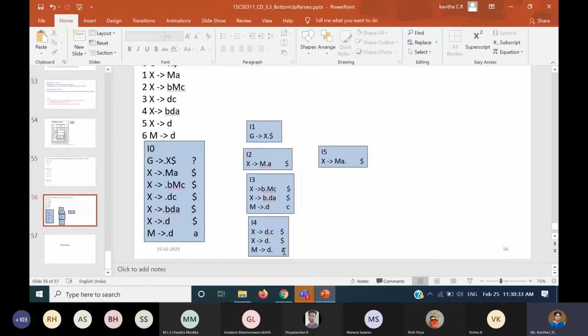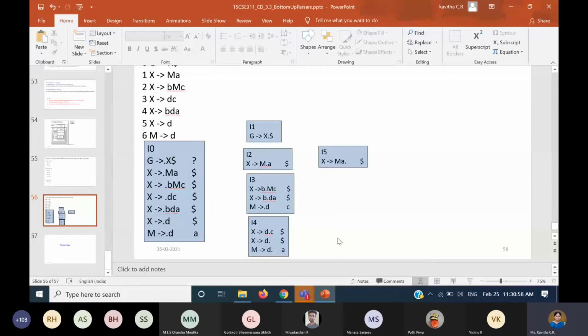Earlier if I had written dollar, then maybe it would have been a reduce conflict. Now there is no conflict. See this rule, rule number 5, I am going to apply for what? Dollar. Rule number 6, I am going to apply for what? Small a. So no problem. If I apply for the same symbol in both rules, then it will have a reduce conflict. Now it's okay. But when you merge, you have to see whether it happens or not.